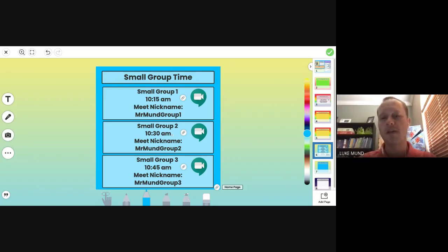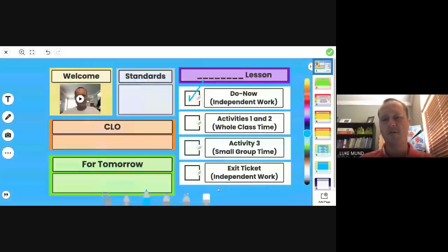Again, it's one spot. Our families want one spot. Our students want one spot. They don't want to click on this and then click on that and click on this, right? Do now here. Your small group over here, your lesson over there. One spot. It's all right here. And if you ever get lost, I can just go back to my homepage here, and I can check off as I'm doing and make sure that I have it all in one spot.